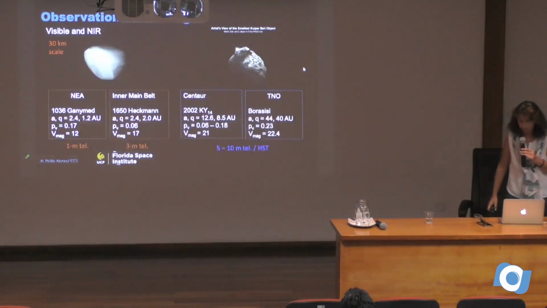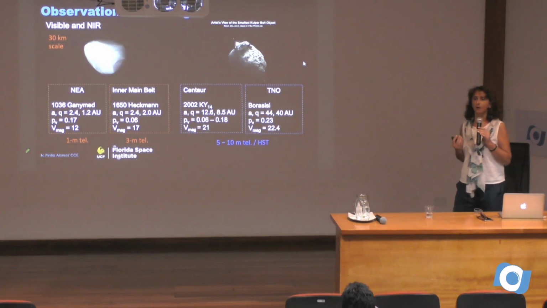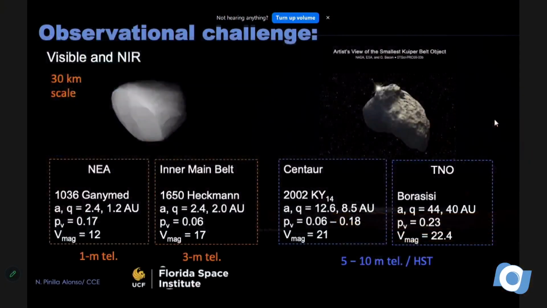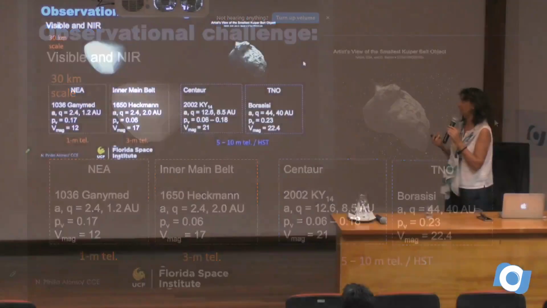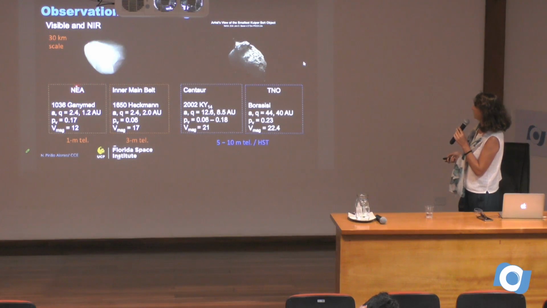So let me talk to you a little bit, for those that are observers, about the observational challenges of studying the icy small bodies in the solar system. It's not only that we don't know so many, we are in the small numbers, but it's also that detecting one object is not the same as extracting information that is useful for you. For that you need to do observations, and if you want surface composition, you will see that later, it's better to do spectroscopy. So, for example, if we take an object at the 30-kilometer scale, if it is a near-Earth